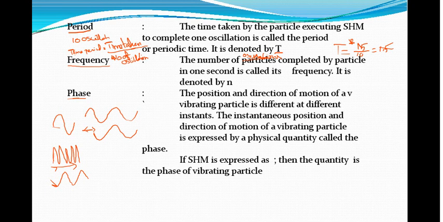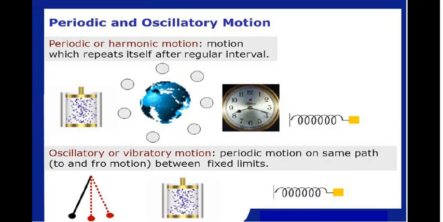Then oscillatory or vibratory motion is periodic motion on the same path with respect to the mean position. I think this one is representing the vibration of a particle